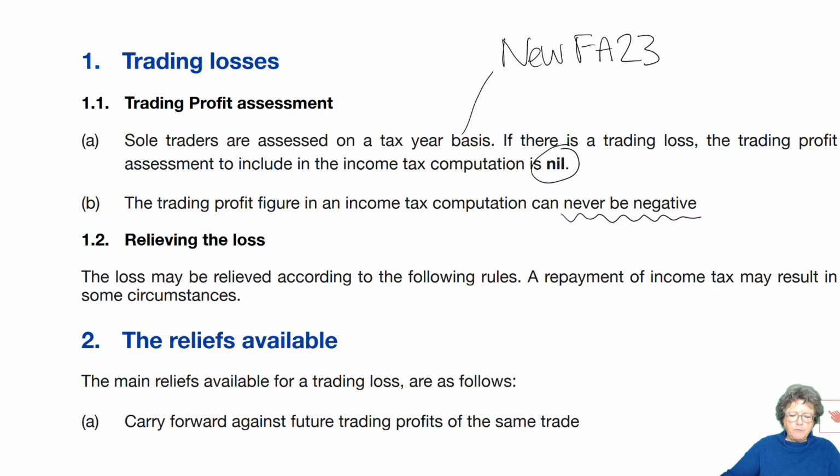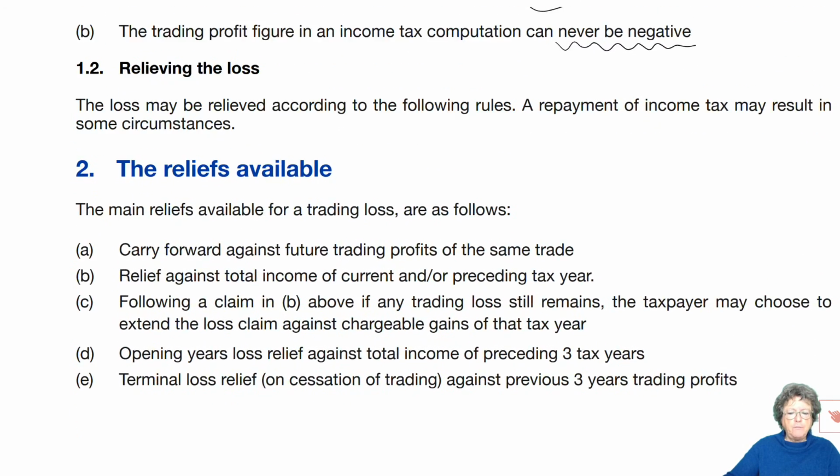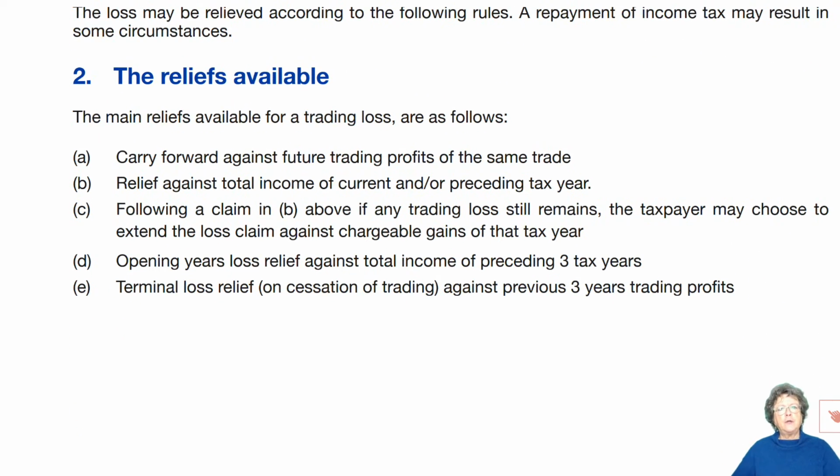Now, these are the rules for relief of that loss. So if you've made a loss in your accounts, so you've done your sales, cost of goods sold, gross profit, expenses, net profit, you've adjusted it for tax purposes, and it's now a loss, or it was a loss and now it's a bigger loss because you've adjusted it, because it's the same pro forma. You are allowed to claim relief for that loss in your income tax computation, and these are the main reliefs